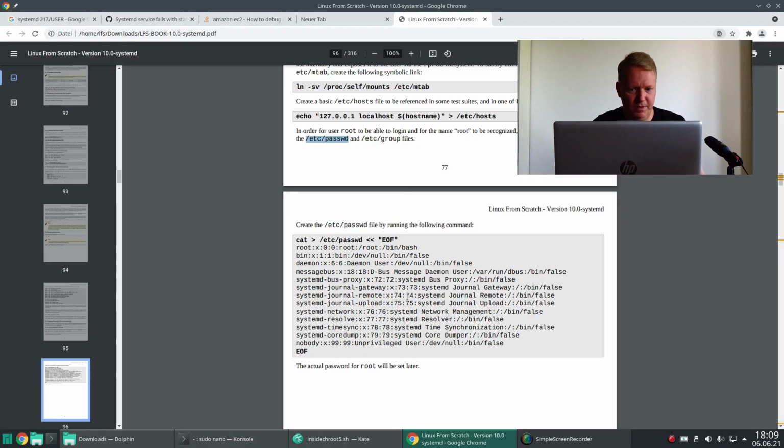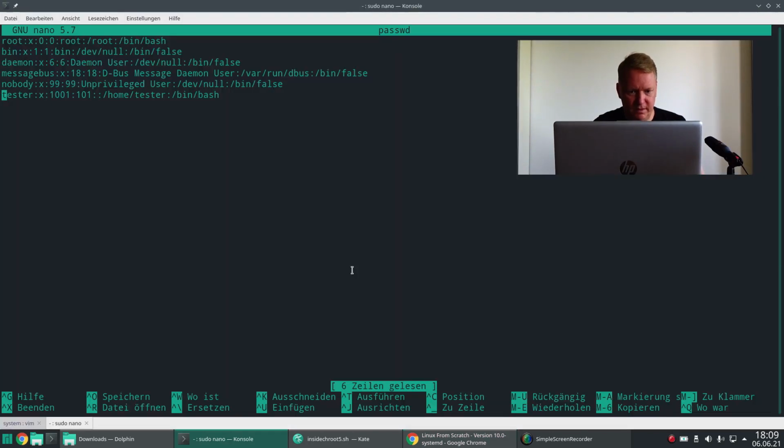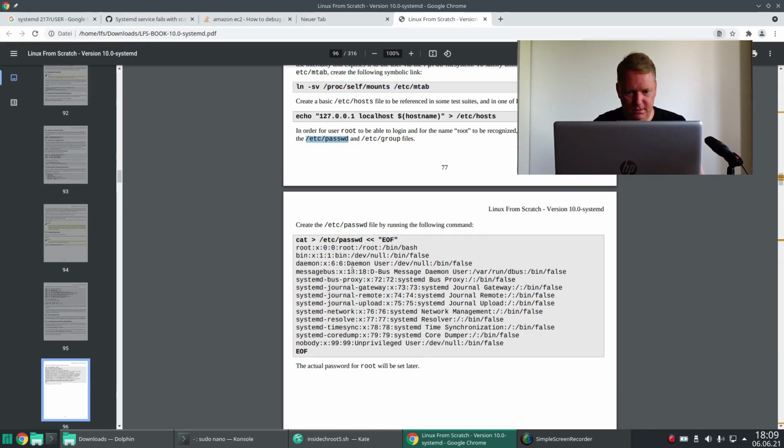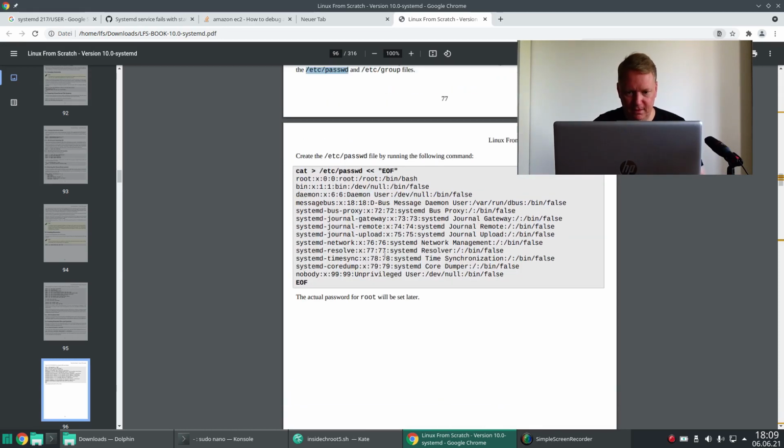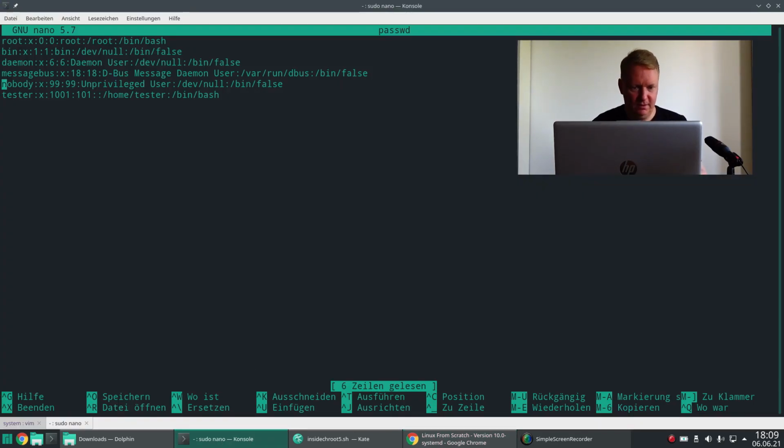So we have root, bin, daemon, message bus, then nobody, and this tester user. And all these are missing. I mean, it makes sense that they wouldn't be in there in the system V Linux from Scratch, but